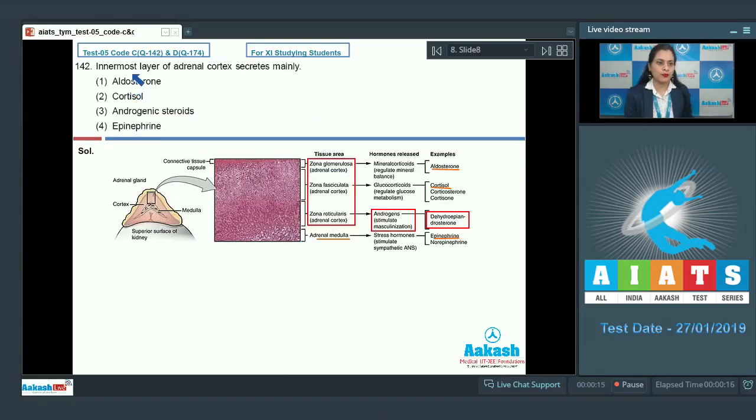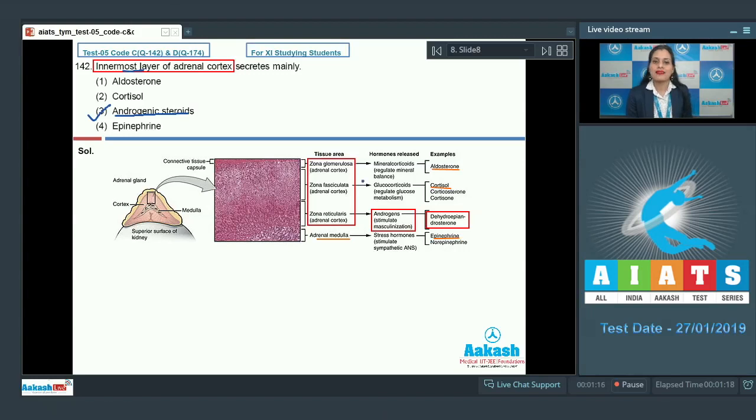Question number 142. Innermost layer of adrenal cortex secretes mainly, and the options are aldosterone, cortisol, androgenic steroids, and epinephrine. As you can see here in this diagrammatic representation of adrenal gland, these layers represent adrenal cortex, in which the innermost layer is zona reticularis, and the hormones released from this layer are androgens, and the examples are dehydroepiandrosterone. So the correct answer to this question is option number 3,